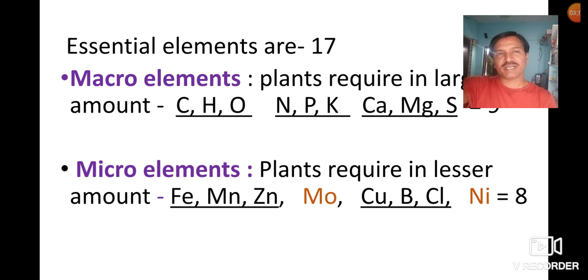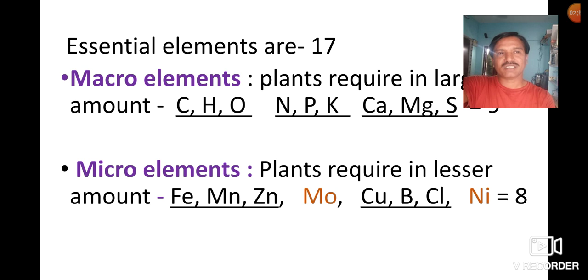Now we are discussing tricks and tips, a reading frame to identify these macro elements. The reading frame is designed for these macro elements: C, H, O, these three are one group. N, P, K is one group. Calcium, magnesium and sulfur is one group. So three elements are in one group. CHO, NPK, CaMgS. This is the reading frame. It is designed only for our convenience, to remember for exam point of view.